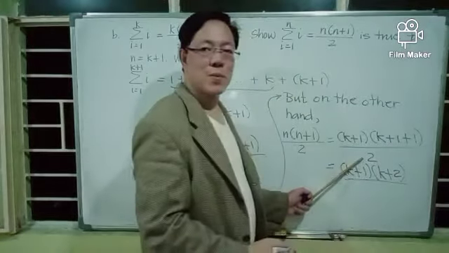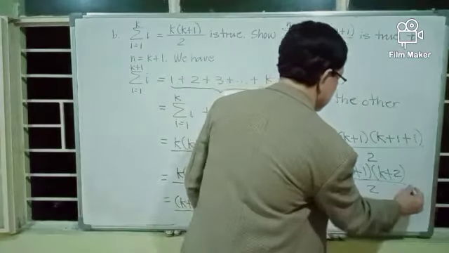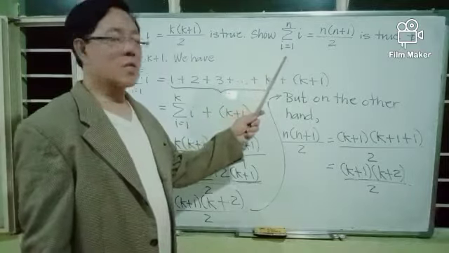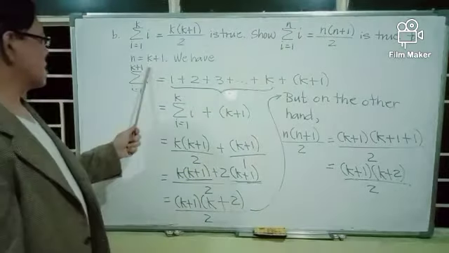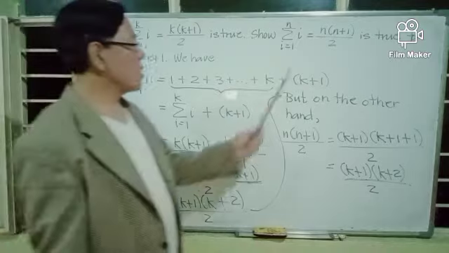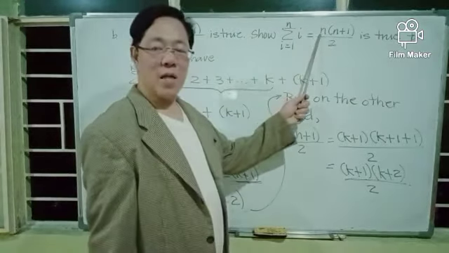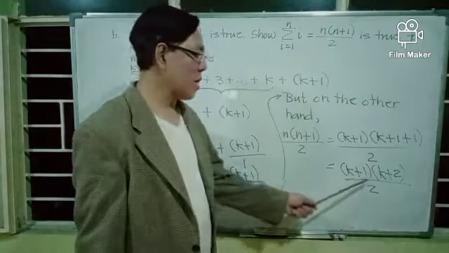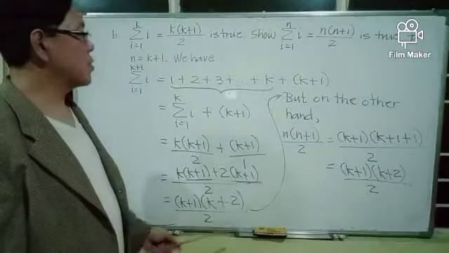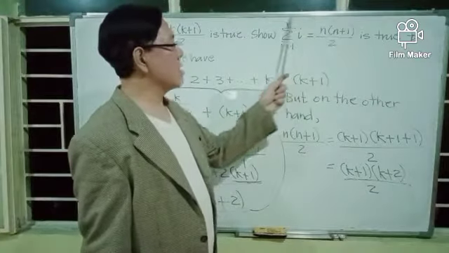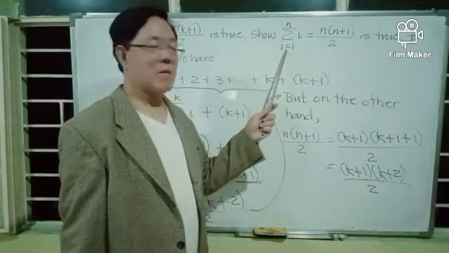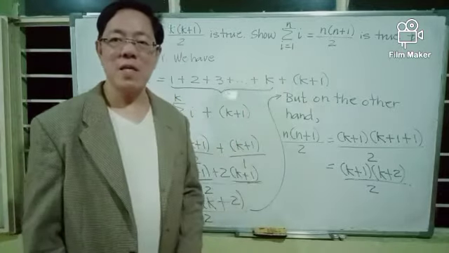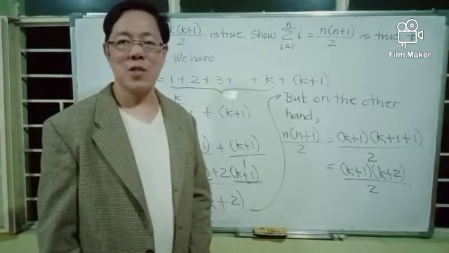All over 2. Thus, the summation of i for i is 1 to n, and n equals k plus 1, which has this value, is equal to n times n plus 1 over 2, which is also equal to k plus 1 times k plus 2 all over 2. Hence, we conclude that this mathematical statement is true for every natural number